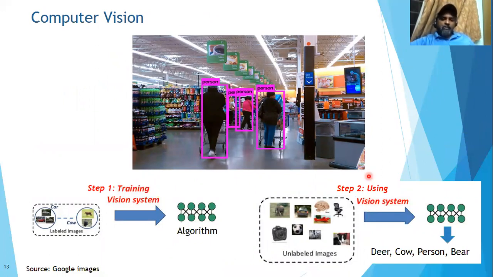We also know that computers can see now, and we call that computer vision. Of course, we all have cell phones which do that now. And in the picture, what you see here is a detection where you see from the camera and you're able to identify people. The methodology of developing the algorithm is similar to what we've seen in the past. A set of images are fed, which helps the computer develop an algorithm, and ultimately using that algorithm in step 2, when you feed new pictures, you get to understand what the picture is.